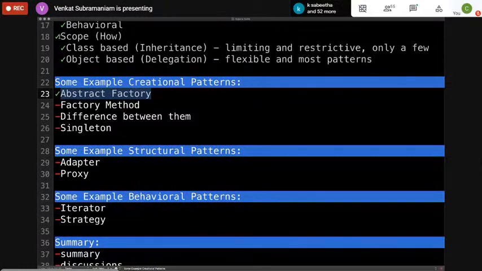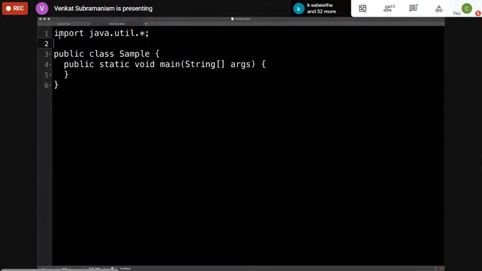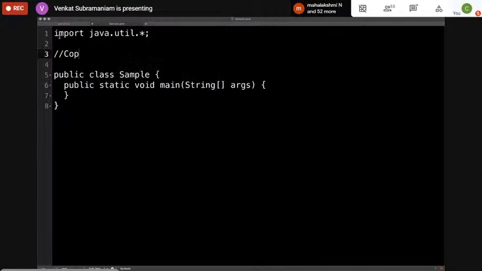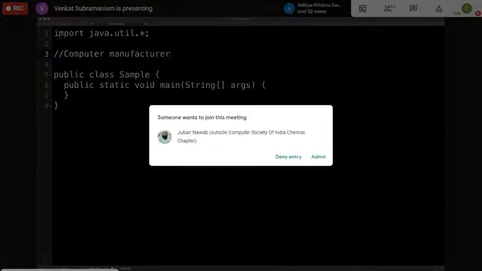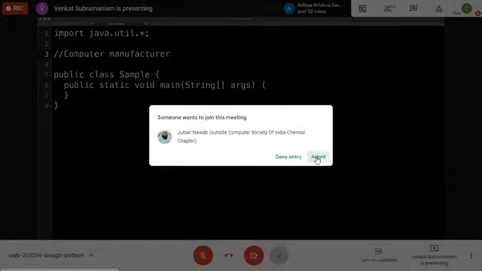Well, imagine for a minute that you are working in a computer shop, let's say. A computer manufacturer is going to be interested in manufacturing different kinds of computers. They're all the same computer manufacturer, but they make different models of these computers. One model A may have one type of memory.